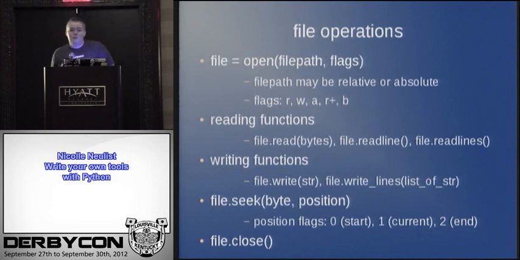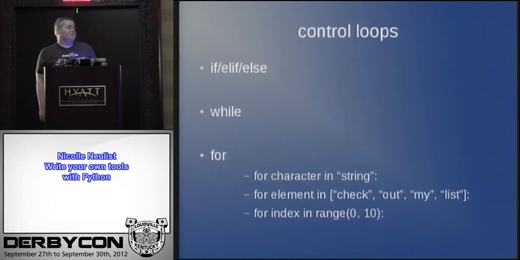I was talking about that file pointer before. Let's say you open a file, but you don't want to start reading it at the first byte. You want to start reading at the 128th byte. You use file seek. You can move it around, or you can move your pointer back to the start, or to the end. And then file.close is pretty self-explanatory. You don't technically need to do it, as your file will automatically close at the end, but just for the sake of good practice, just to make sure I'm not being a total memory hog, I do generally put file close in my scripts.